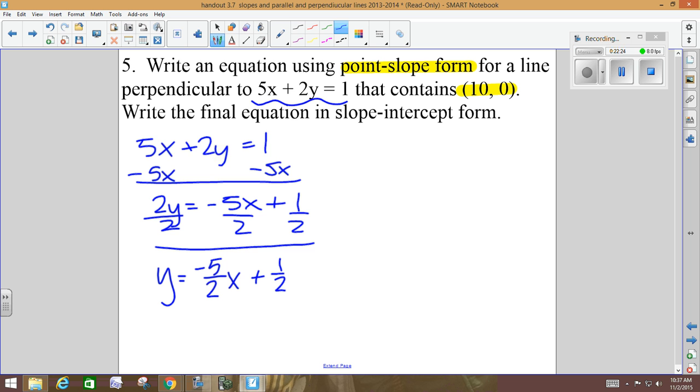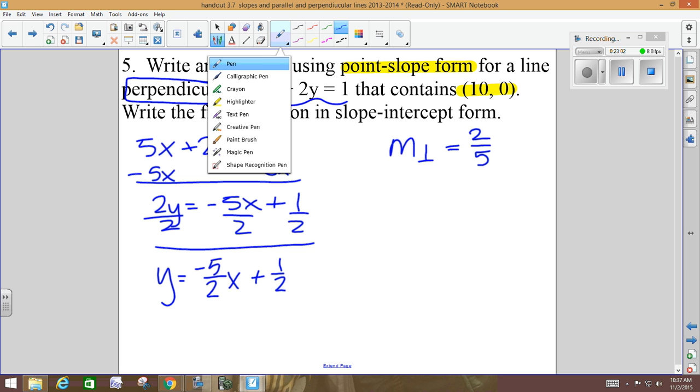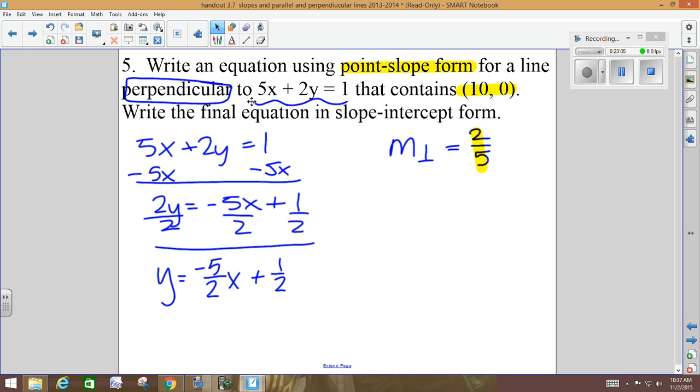So what is the slope of my given line? -5/2. Is that the slope I want to use then? What kind of lines are we doing? We're doing perpendicular lines. What do we know about the slopes of perpendicular lines? They're opposite reciprocals. So the perpendicular slope should be what then? Good, a positive 2/5. The given line is -5/2, but since we're doing perpendicular, it's got to be the opposite reciprocal, so positive 2/5. So we are going to use the point (10, 0) and the slope of 2/5